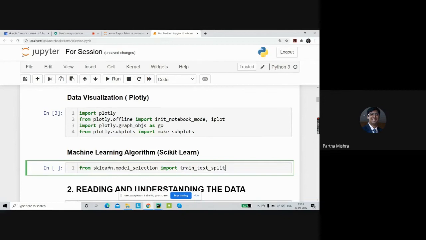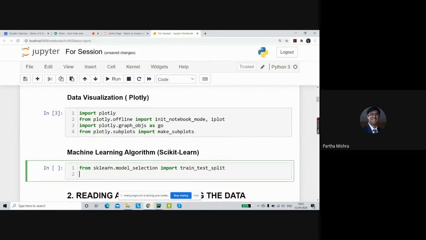This will help us to split the data into the training data and the testing data. And the next thing that we require is linear regression itself. So sklearn dot, we have different families of models inside sklearn. We will be requiring linear regression from the linear model family.